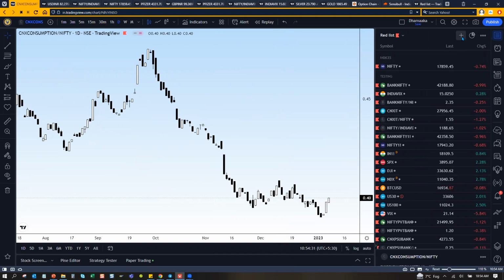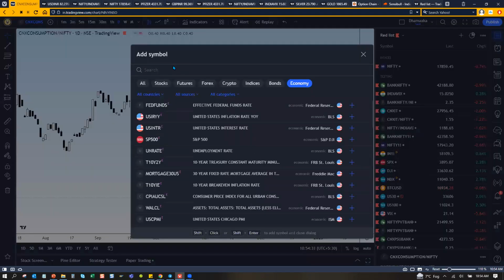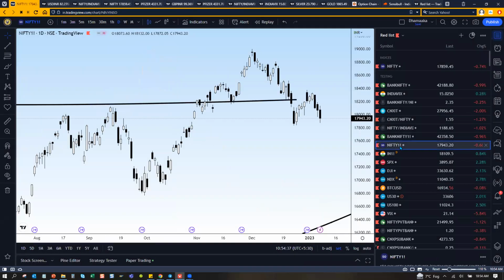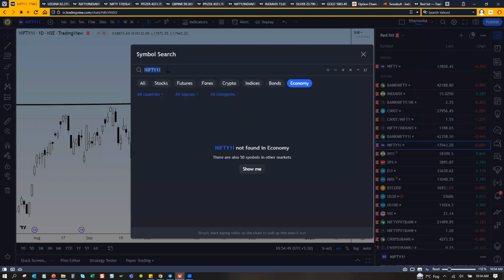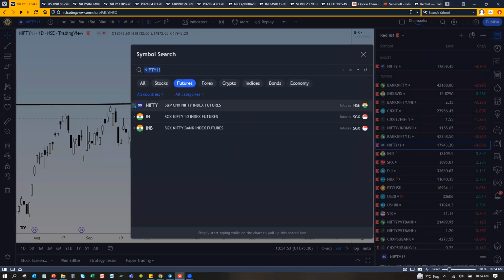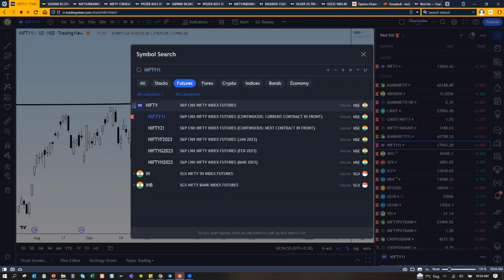And another good thing in TradingView is, say, for example, you're trading Nifty futures, right? So this is Nifty futures. You just need to add it once. You don't every time have to move from expiry to expiry. So this Nifty is what you see here as Nifty 1 exclamation mark. This indicates the, let me go here, and then you go to futures, you go to here, select. So this is the current contract.